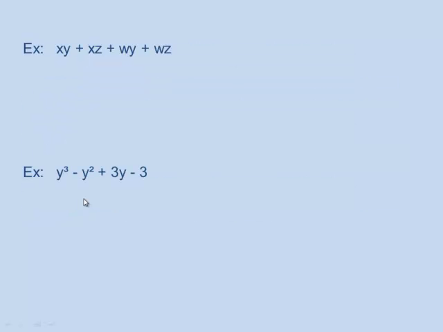So let's look at some examples. Notice that our first example, xy plus xz plus wy plus wz, has 4 terms. So the first thing you want to think about is factoring by grouping. First, though, for any trinomial or any polynomial that you want to factor, ask yourself, is there a greatest common factor in those 4 terms? In this case, there is not, but always look for it. Then if there's 4 terms, try grouping in pairs